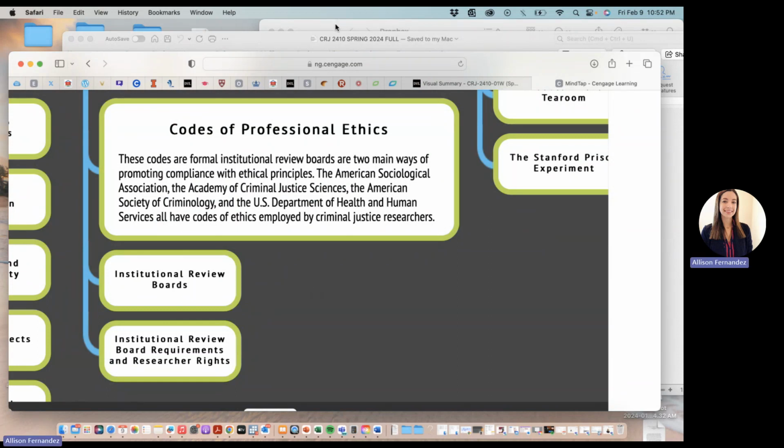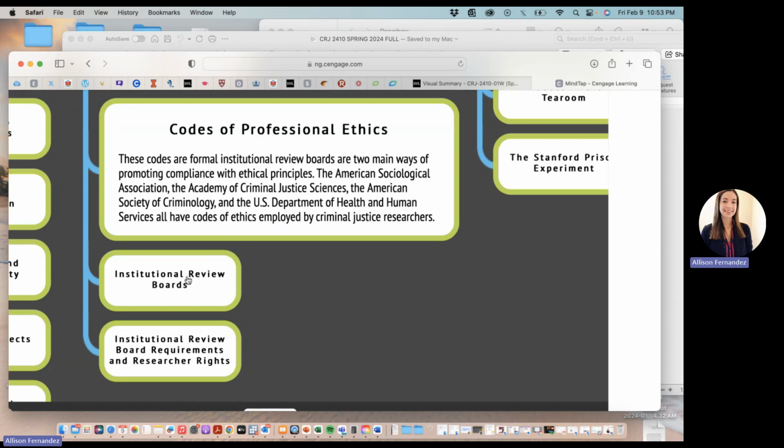Within criminal justice specifically, we also have different national organizations. So we have ACJS, that's the Academy of Criminal Justice Sciences, which I've been to, and I go to conferences and have presented there. I've also presented at the American Society of Criminology, or ASC. So those also have their own professional ethics that you're expected to follow if you're a member. Now, you don't necessarily have to be a part of those,